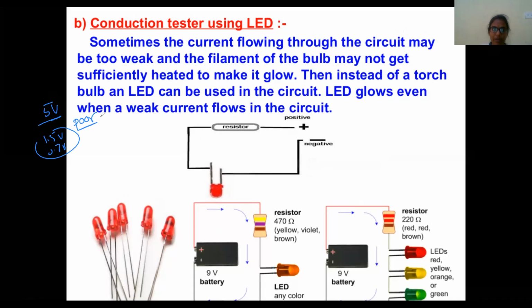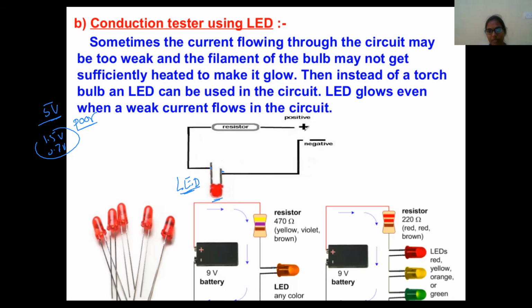So, in the case of poor conductors, we need to test differently. That time, instead of a bulb, you replace it with an LED. LED is made up of semiconducting materials. They require a very, very small amount of energy to glow. That is why you see indicators and chargers using LED bulbs. They consume very little energy, less than 1 volt, and in that they are going to glow.